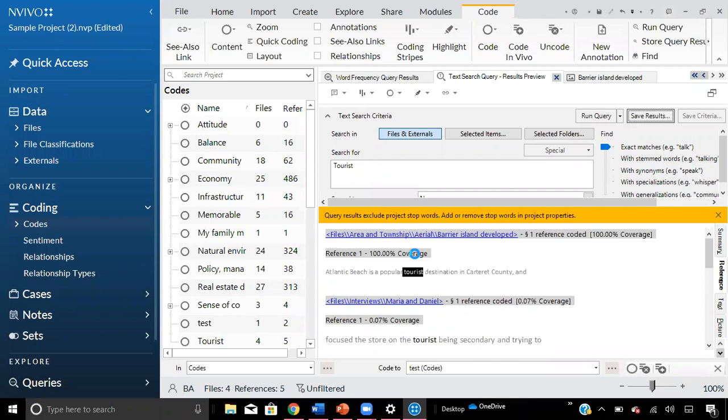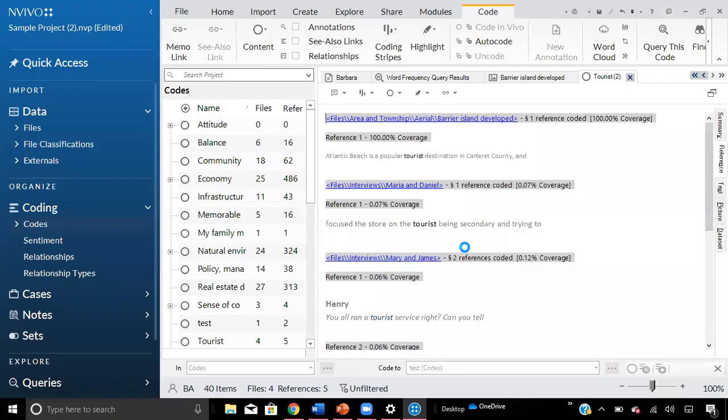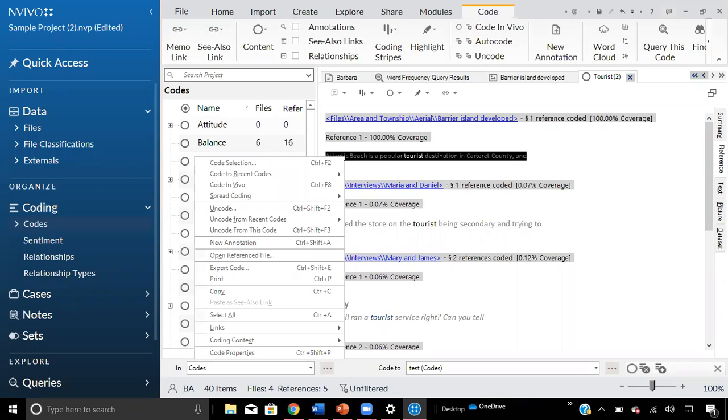With the new code, the results should pop up in their own tab. It might just take a minute to load everything. All right, now that it's loaded, it's pulled it automatically up in its own tab. And again, we can select the blue link to pull open the original file that the reference was used in. And if you go through it and you disagree with one of the options, you can highlight it, right click and select uncode from this code.